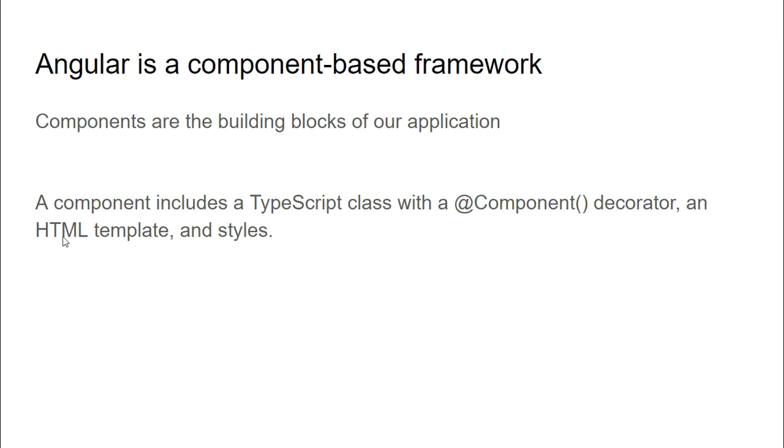decorator will take an object literal that will have a selector, CSS selector. Using that CSS selector we can place it in any template. When that selector matches, the component will create one instance. The component will create one instance for that component. After creating the instance, the respective view will be rendered at that place where we place the component element.